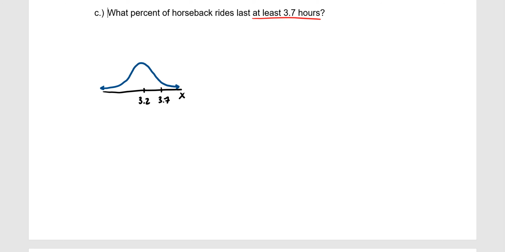So that's going to be an area to the right. Now finding this z-score for 3.7, that's going to be 3.7 minus the mean divided by the standard deviation. And that's going to give us